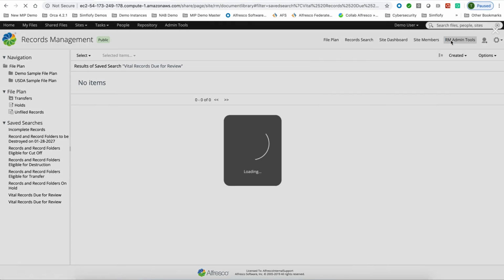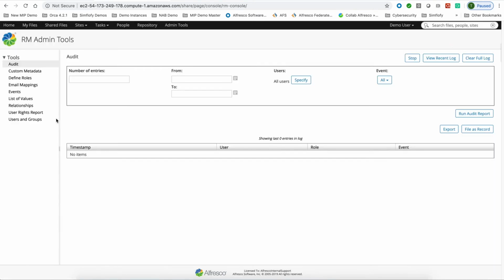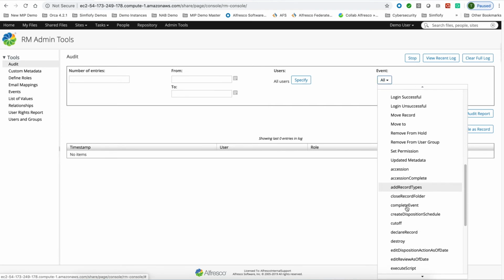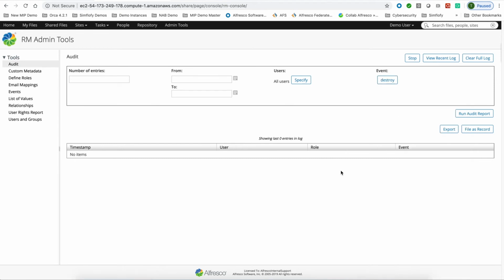So we're going to take a look at some of the administrative tools that we have. And again, our audit trail is key. You're able to search by a date range, by a specific user, or by a specific event in the system. So let's say that we want to see everything that has been destroyed in the system, and I'm going to limit this to 500 records or results. And when we run the audit report,